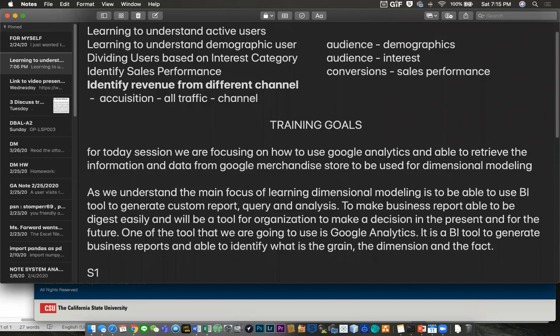A BI tool, such as Google Analytics, will make it easy for users to identify the business, the grain, the dimension, and also the fact, and to make a business report easy to digest. It will be a good additional tool for an organization to make decisions in the present and